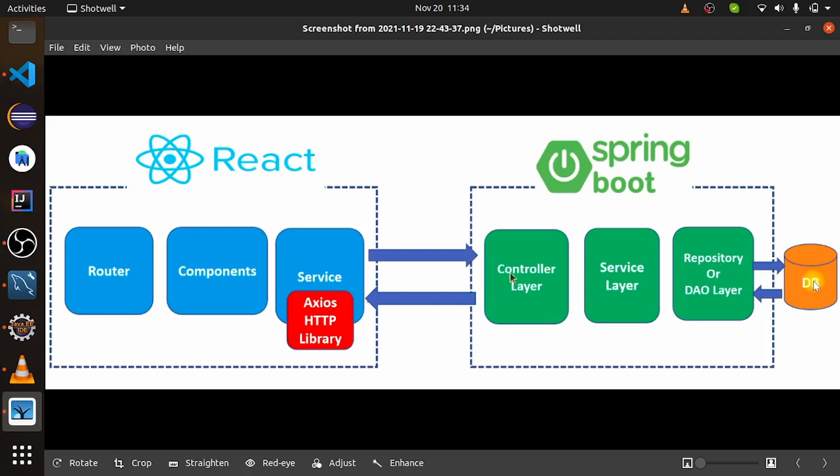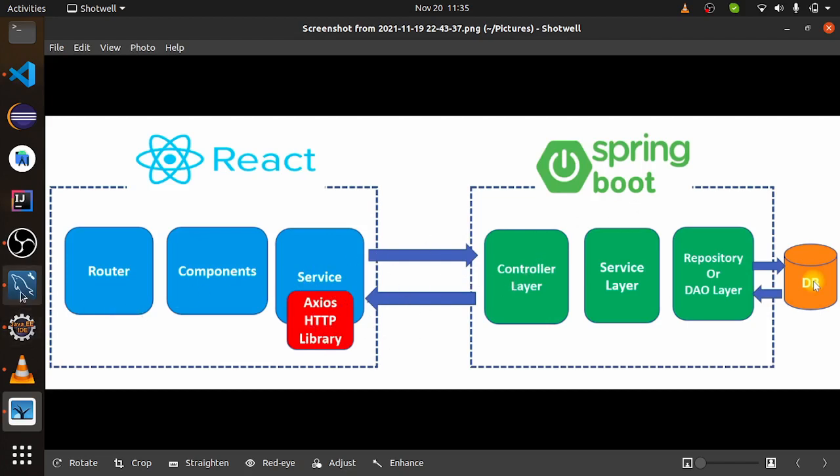And to connect all these things with our React, which is the most important part from the user's perspective, because it has to be interactive enough to connect with the database, we have used router and components, and we have used services, and we have used the Axios HTTP library to connect it with our Spring Boot application.